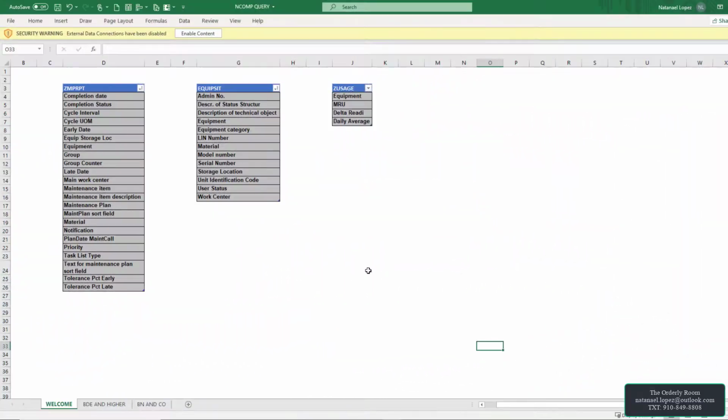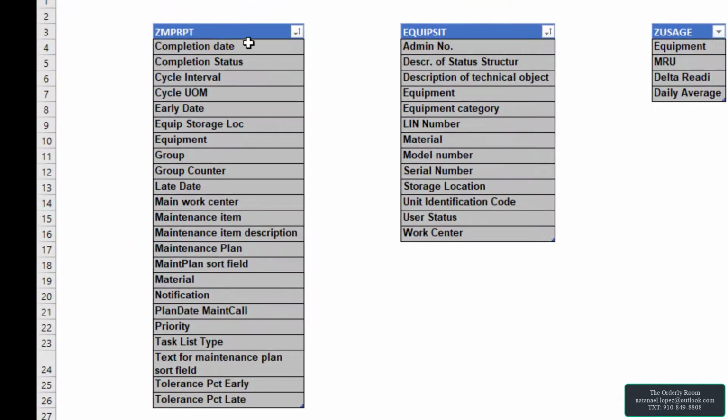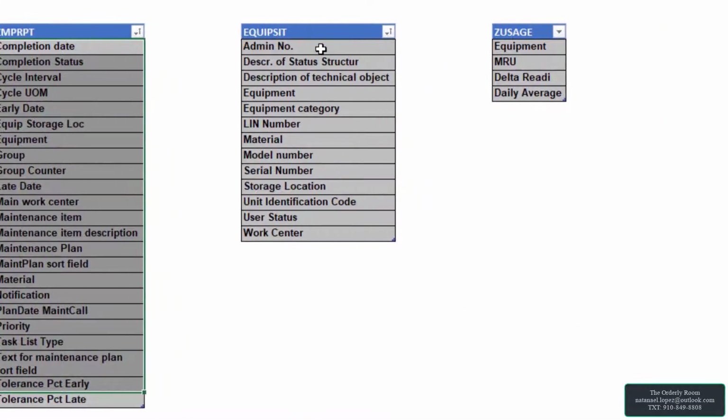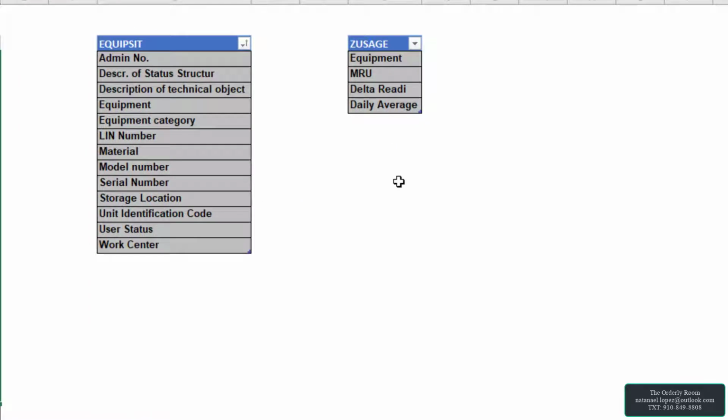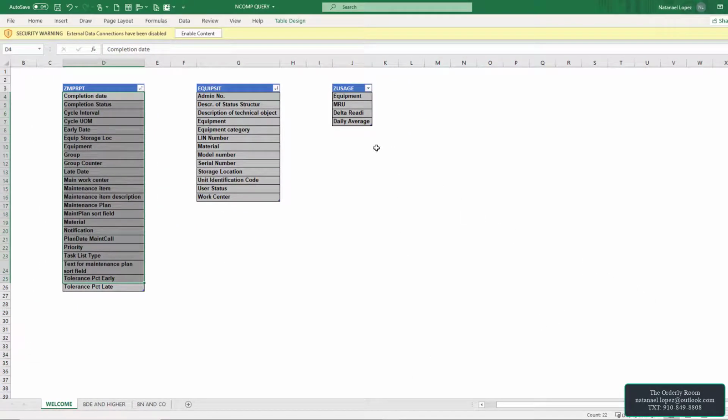These are the fields that must be included in order to run the query correctly. These are from the ZMPRP team, from the equipsit, and from ZUSAGE. You could have more. It doesn't matter if you have more, but don't have less. You need to at a minimum have these fields. And once you have all these fields,